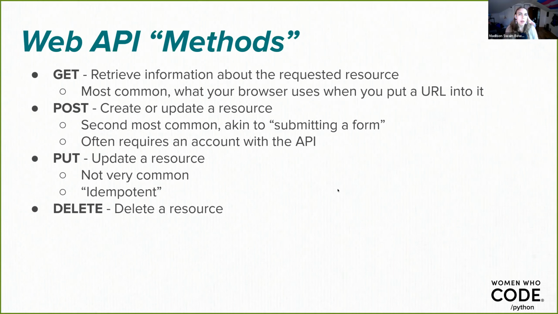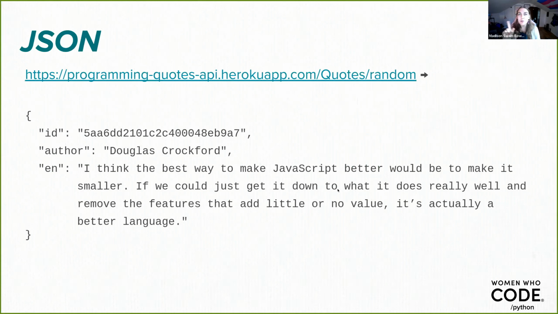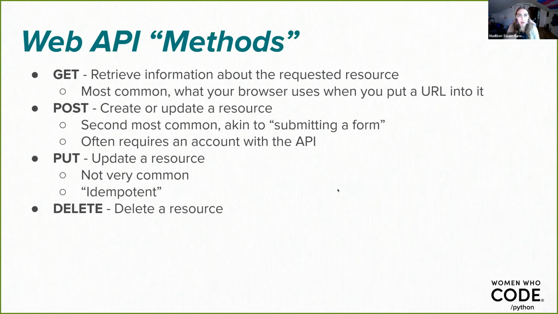When using a web API, particularly what's called a REST API, we have a number of different methods that we can use for issuing these API requests. By and large, the most common one is a GET request. This is just retrieving information about a requested resource. If I were to go back two slides, right, if you put this URL in your web browser and hit enter, your browser is performing a GET request on that resource. It's just asking the API, please give me the information you have on this specific thing, right?